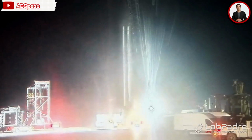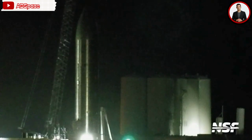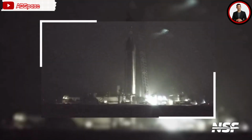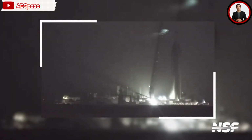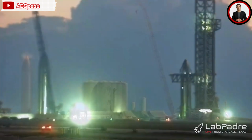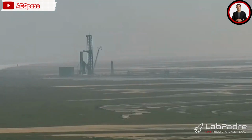Always amazing to see that. SpaceX then shared these awesome images, and this one in particular pretty much has the same angle as one posted for the first stack of Booster 7 and Ship 24. Again, it looks like the final preparations are screaming along because Ship 25 was soon on its way back to